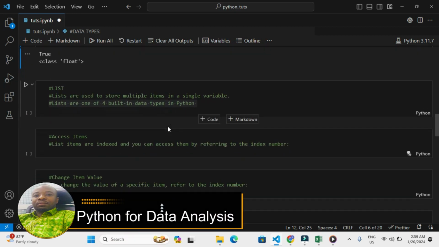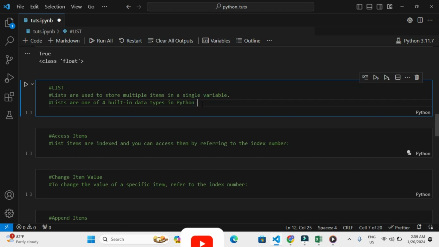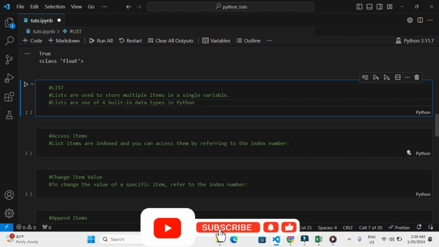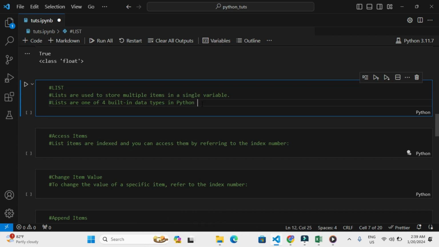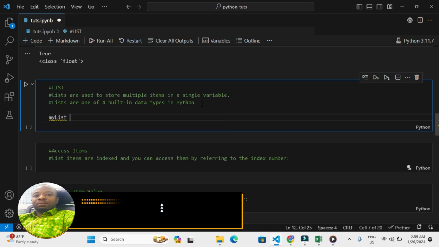So the next thing that we will talk about is lists. Lists are used to store multiple items in a single variable, and lists are also built-in data types for Python. To create a list, let's say my list. We create a variable my list, which is equal to, and lists are put into square brackets like this,